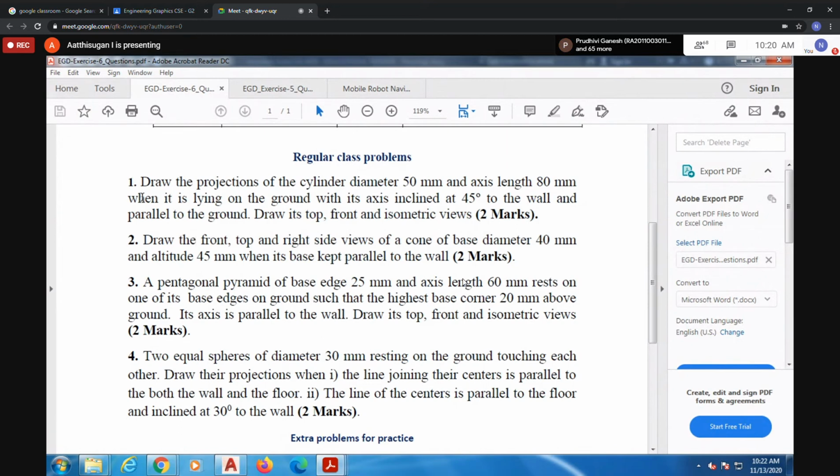So according to your point, if you are thinking top will be a circle, I will be rotating 40 degree inclined to the wall. That you have to find. Or maybe your initial answers may be wrong. Then find the right answer. Okay. Then come to the second question. This is not only for you people, but for all the people. Those who have not answered, and those who are listening also, the same applies to you. Find the answers.